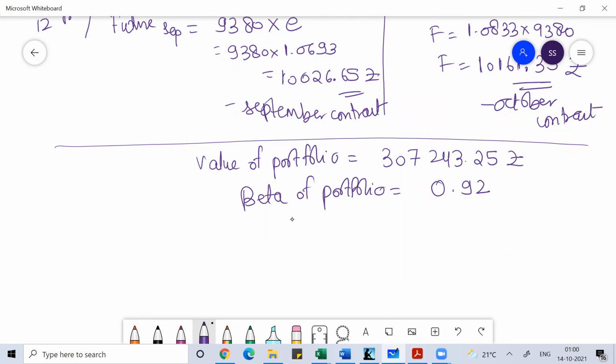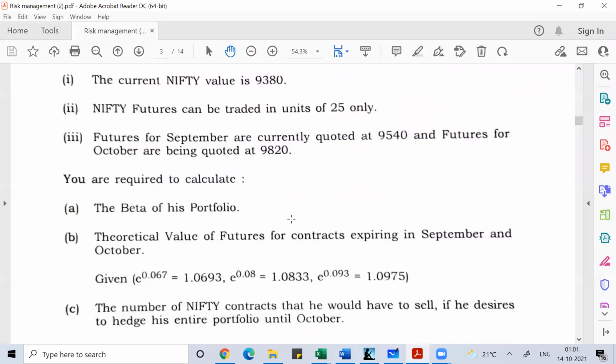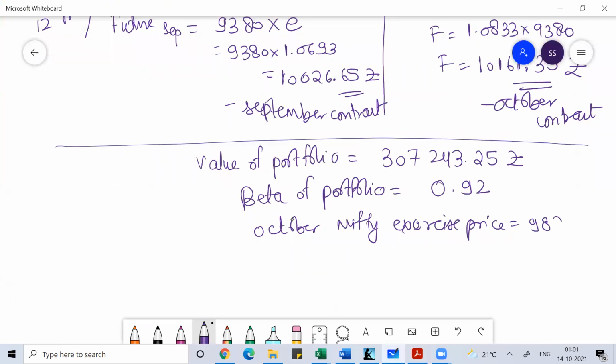Now, when it comes to the exercise price of Nifty, what is the October Nifty exercise price? It is 9820, correct, right? And one contract means 25 units. So the number of contracts you need to short, if you want to take a position on the Nifty contract, would be